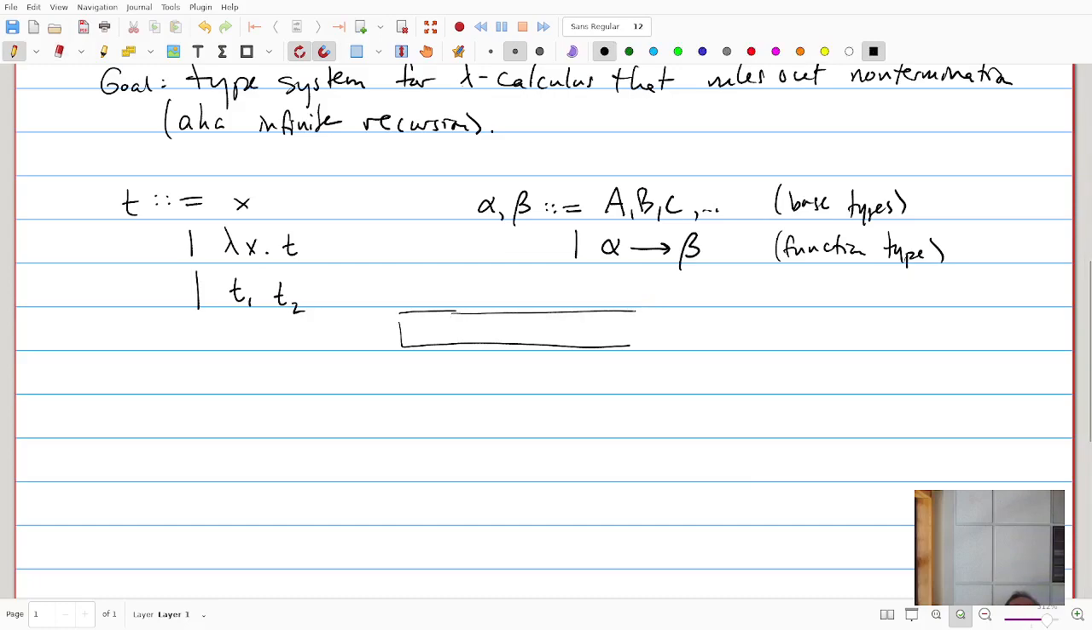I want to be able to say things like, I want things of this form, some term has type, maybe I'll put two colons, I don't know. Haskell uses two colons for has type. Everyone else in the world